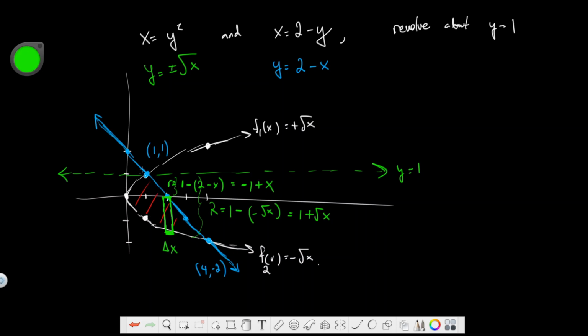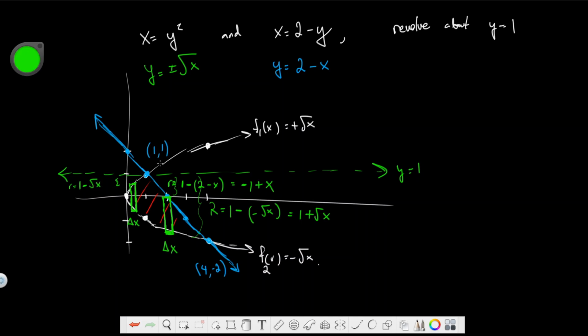because if you notice, if we move along and we make rectangles, we make more rectangles, once we get to the x coordinate of 1, we actually switch what defines the dimensions for the rectangles. All right, everything to the right of x equals 1 is going to have the dimensions large radius 1 plus root x, small radius negative 1 plus x, and what is that? The height of our washer is delta x, but over here, the height is still going to be delta x, but our small radius is actually now going to be 1 minus